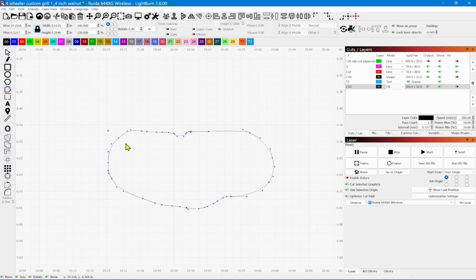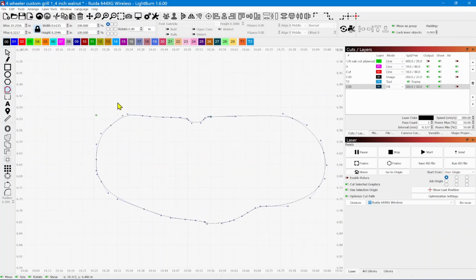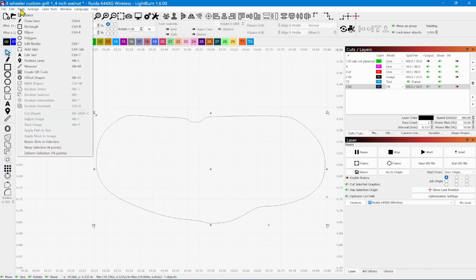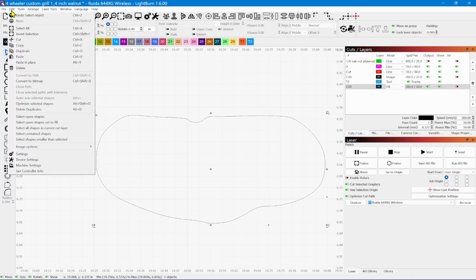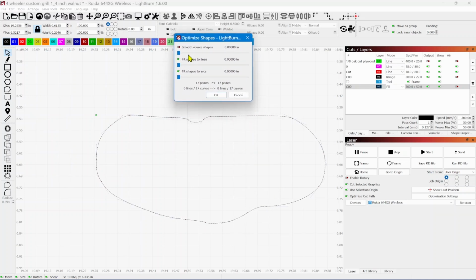Now, here's the other thing you can do. If you haven't used the Optimize Shapes tool, this will show you what a game changer it can be. I want to clean these up ever so slightly. So I'm going to get out of that, select this rough elongated circle. I'm going to go to Tools. Actually, I think it's under Edit. Optimize Selected Shapes. Watch what happens when I play with these Optimize Selected Shapes sliders. I can clean that hole up a whole bunch,